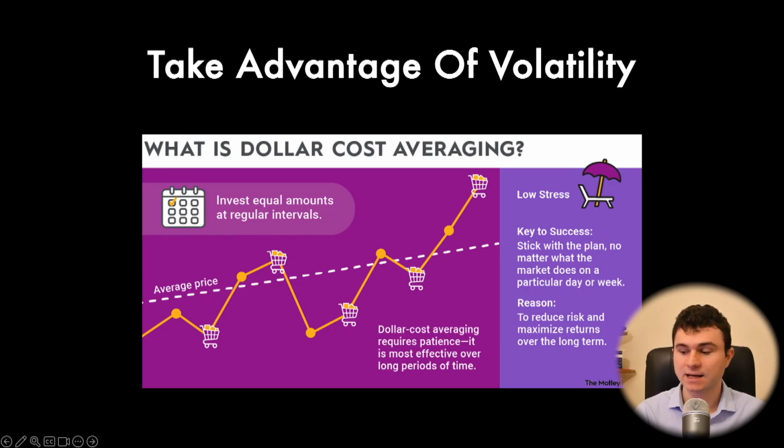If you think Netflix is a good business, just say to yourself, okay, I'm putting $1,000 into Netflix stock every month. And as you see in this chart, if the price goes down and you buy Netflix stock, well, with $1,000, if there is a discount, you will be able to buy more. If the stock price goes up and you buy at this time, well, you will buy less stock with $1,000. Again, if the stock goes down, you will be able to buy at a discount. So with $1,000, you can buy more groceries, more Netflix stock, and again and again and again.